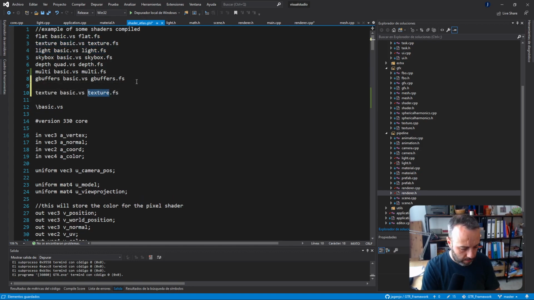Let's call it Deferred global, because it's the global illumination, it's the global information. Okay, and Deferred global. The problem if you do this is that you're using this vertex